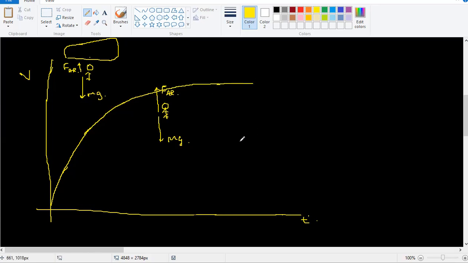So listen carefully. As you are falling down, at some point, mg is here and the air resistance is also equal to mg. mg can be written as Fg, the gravitational force. The mass does not change. When I say mass, I mean the mass of the person and the mass of the skydiving gear, the parachute and all those things. Remember, we have not opened the parachute yet. The parachute is yet to be opened.